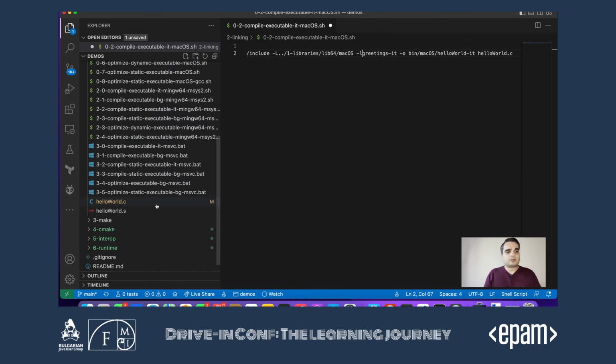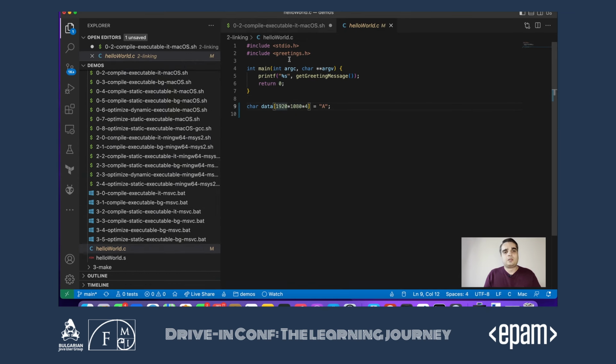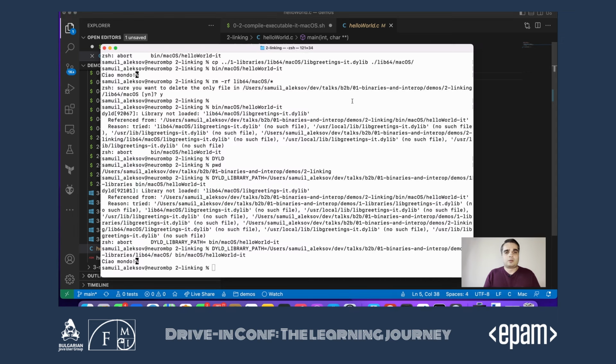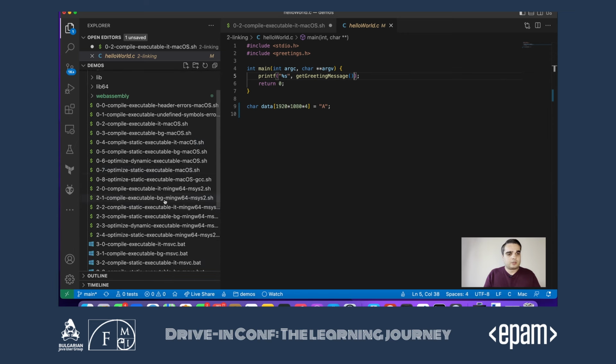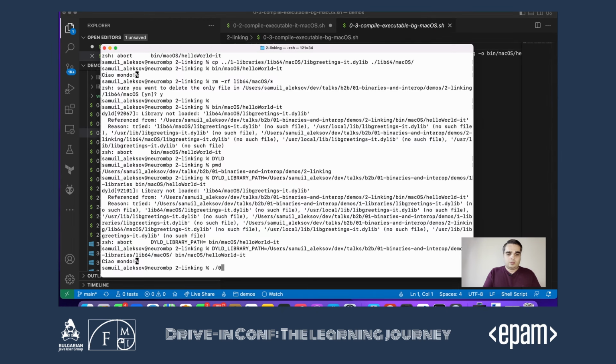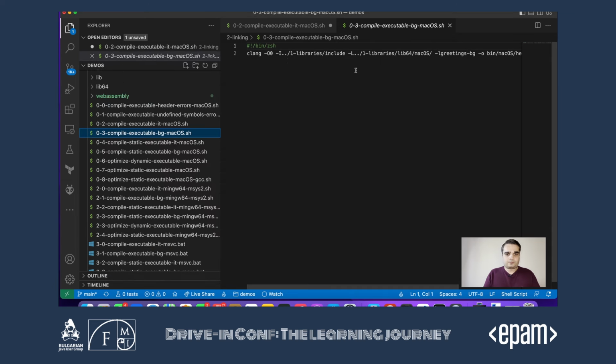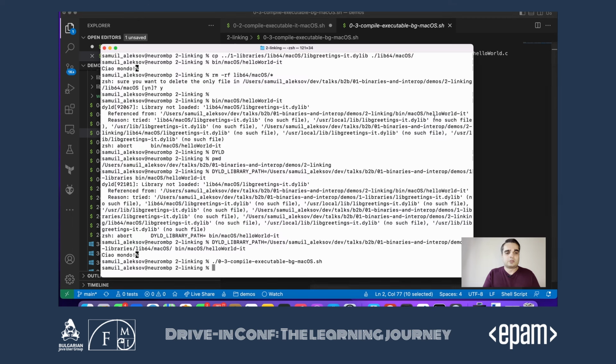Now, an interesting thing is that if the same program, our hello world, links to our Bulgarian library, because it has the same signature. Remember, the only thing that connects these codes together is basically signatures. So get greeting message can be called from one assembly or from another, from one library or another. We can essentially compile our code to link against the Bulgarian library, and all of a sudden we start outputting messages in Bulgarian. So I'll call 03, which is going to compile our source code, but this time link against greetings-bg.